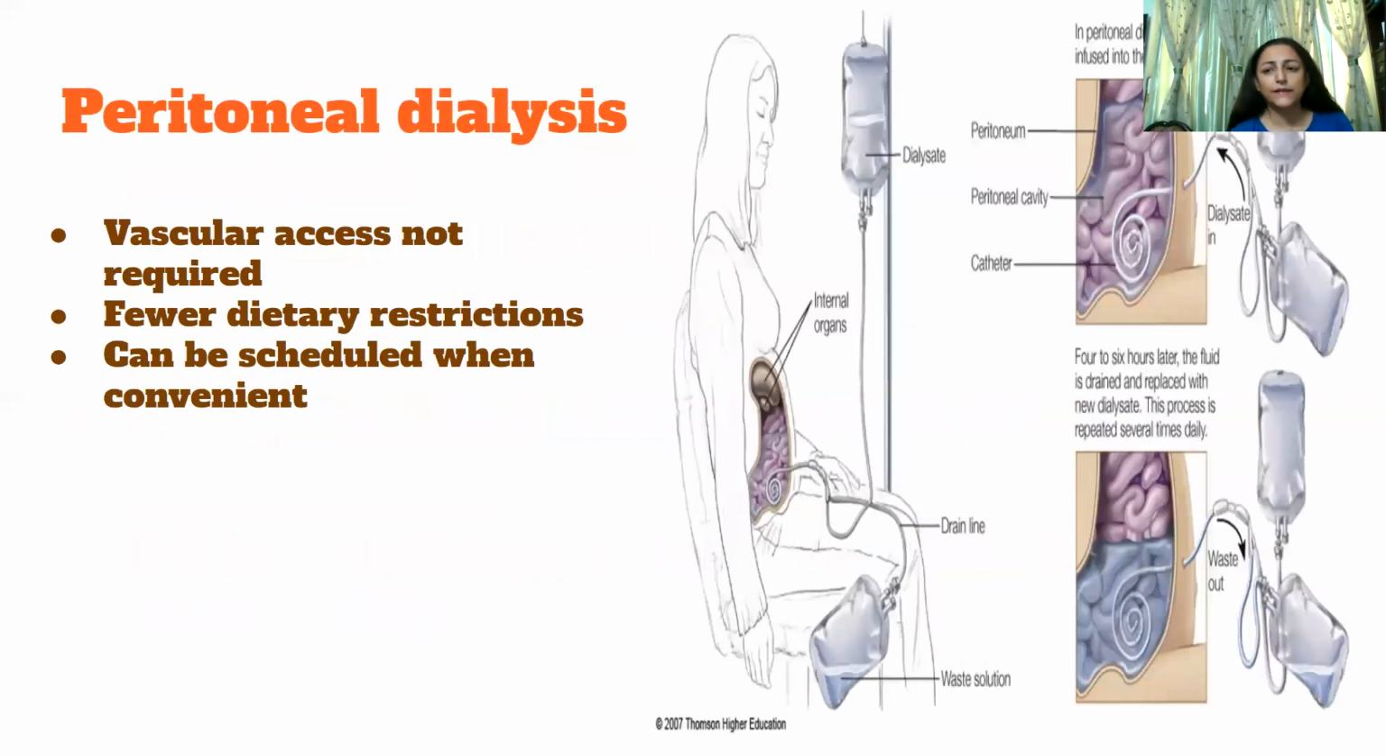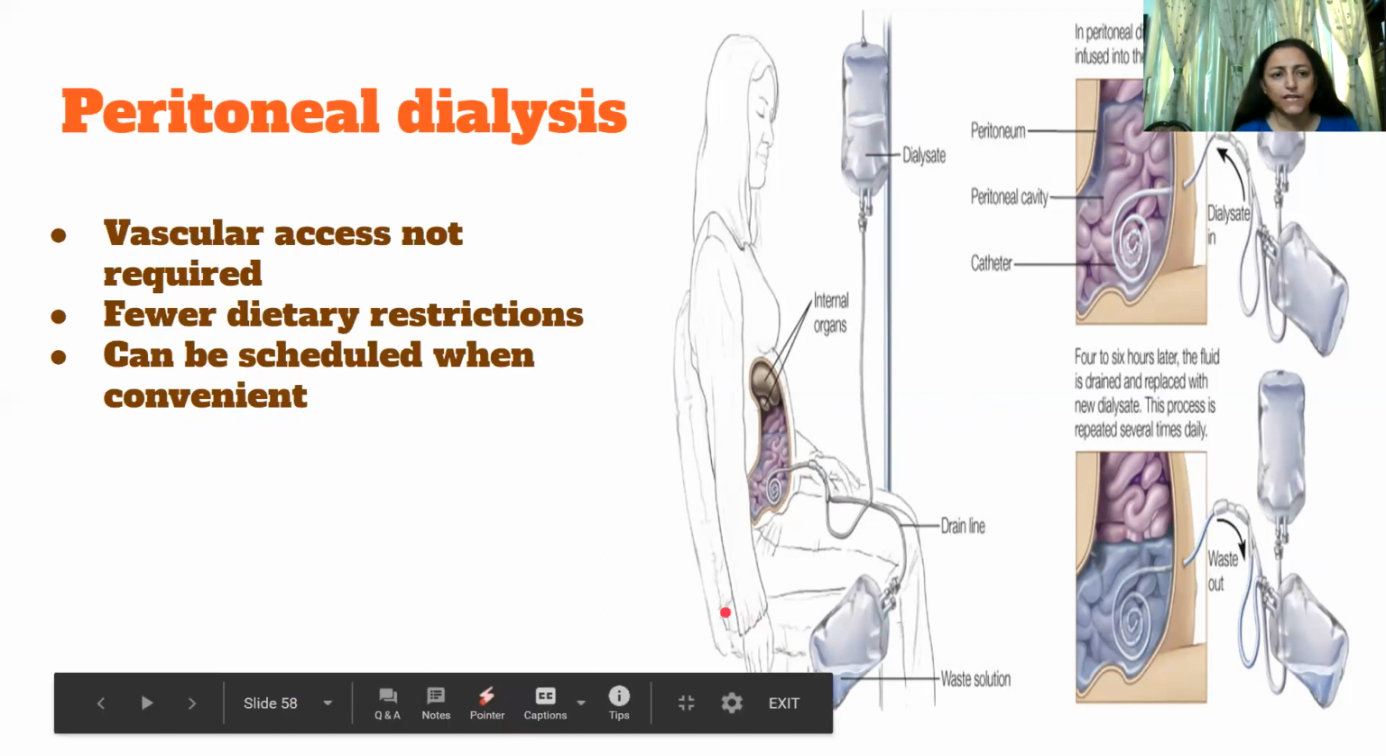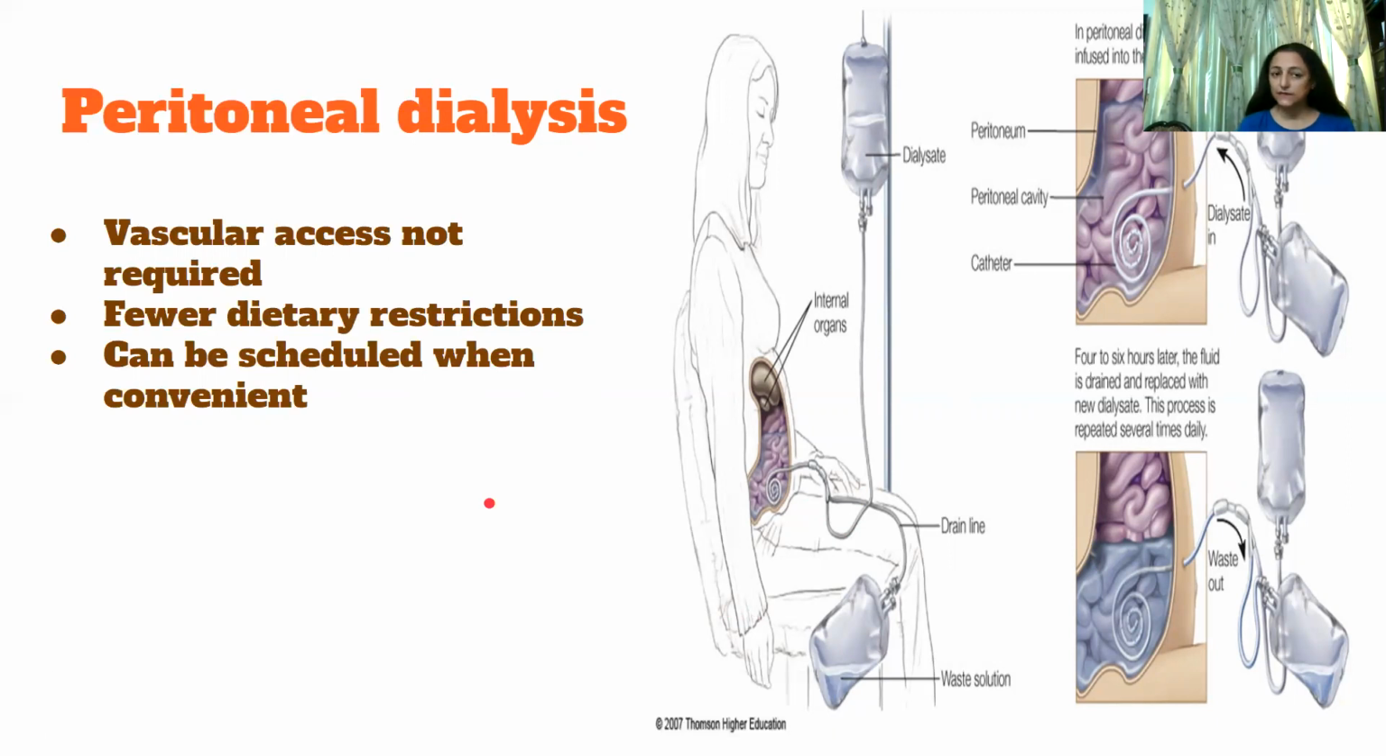Now, let me show you. You can see this. This is a figure of peritoneal dialysis. Here we see the dialysate is going inside the peritoneal cavity of the person, and it is kept for the dialysis process, and then the used one is drained out of the body. And now vascular access is not required. We need less dietary restriction once the person is going on the dialysis, and it can be scheduled whenever the